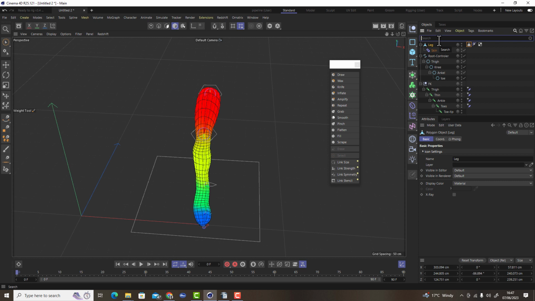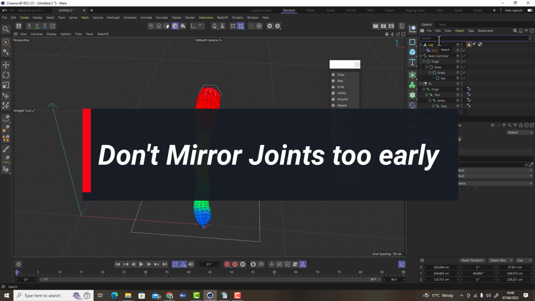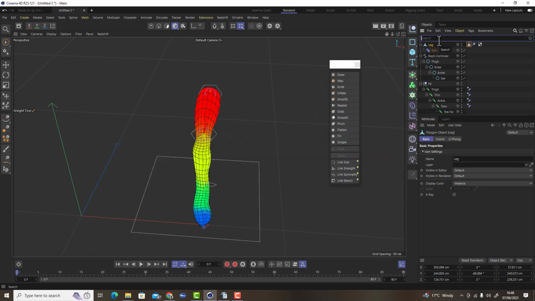Also, when it comes to the rigging process, don't be tempted to mirror copy the limbs from, say, the left side to the right side too early. You want to make sure that the limbs are fully functional and finished. In other words, you're going to have all the FK controllers in place, all the IK controllers in place. You're going to have everything functioning and working exactly the way you need it to function before you start to